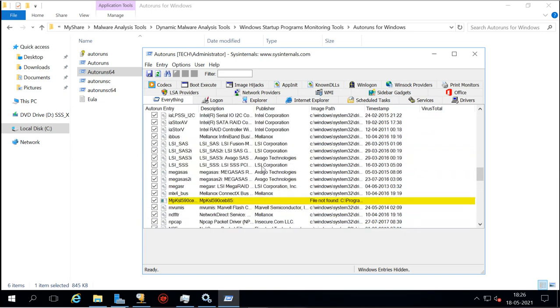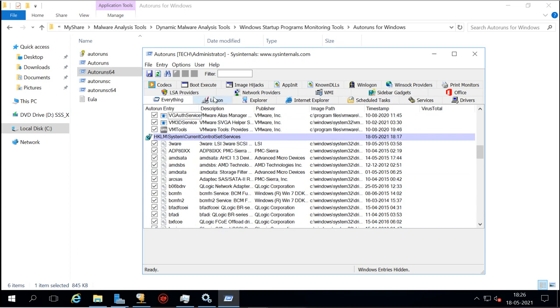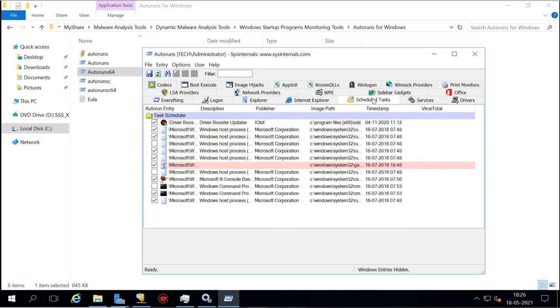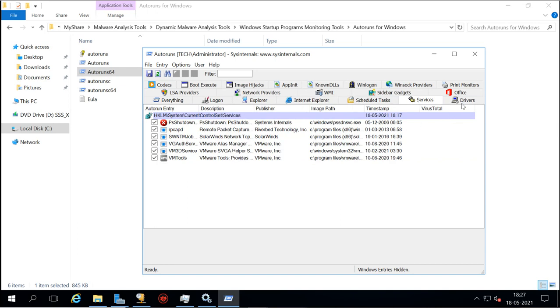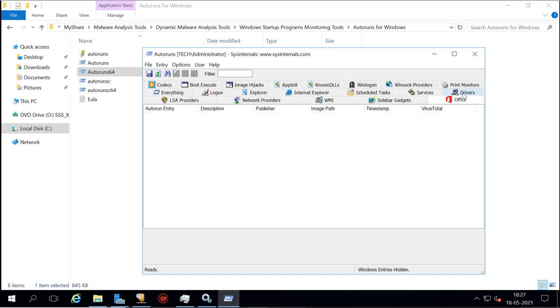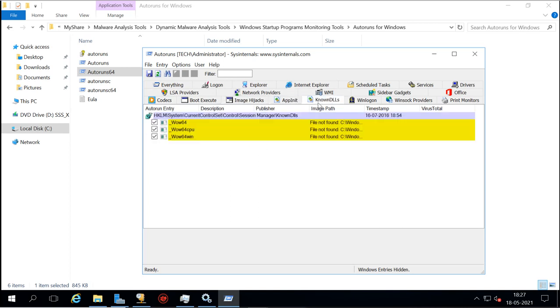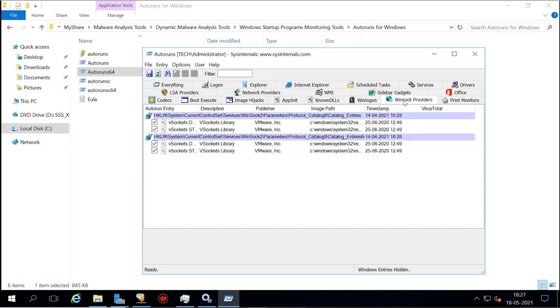It shows everything: logon, Explorer, Internet Explorer if it is running, scheduled tasks if there are any, services which are running, drivers, Office services, Microsoft Office, Sidebar gadgets, network providers, LSA providers, codecs, boot execute, image hijacks, AppInit, known DLLs, Winlogon, Winsock providers, print monitors, and everything.